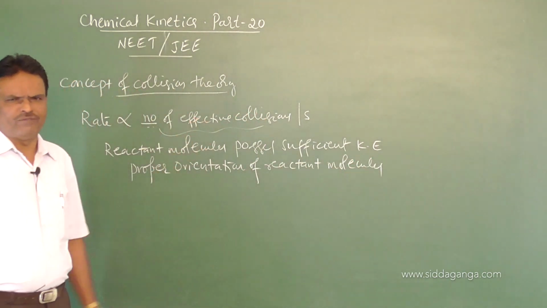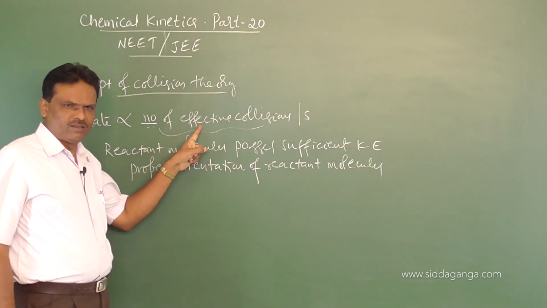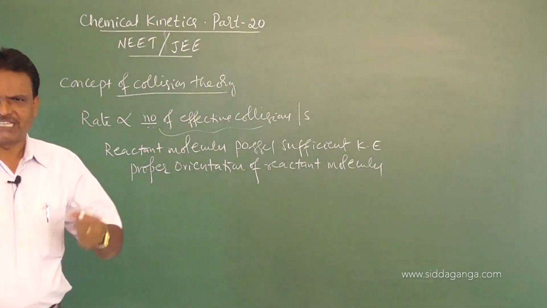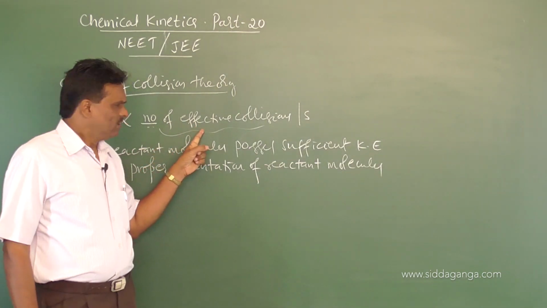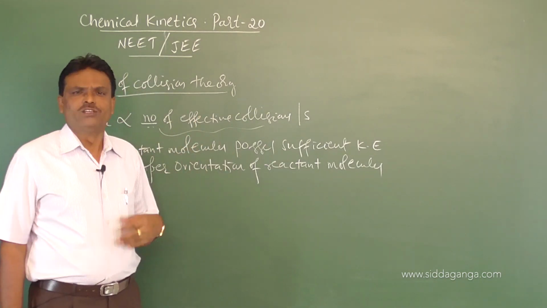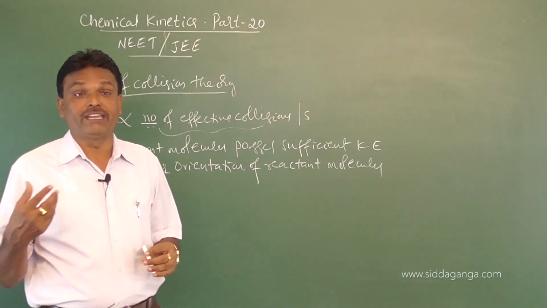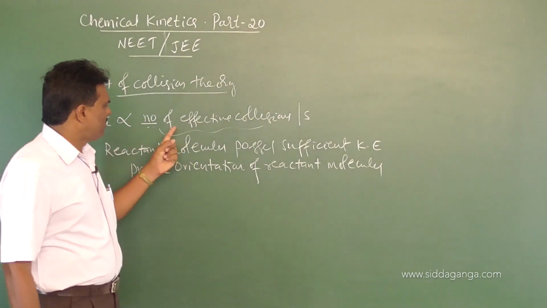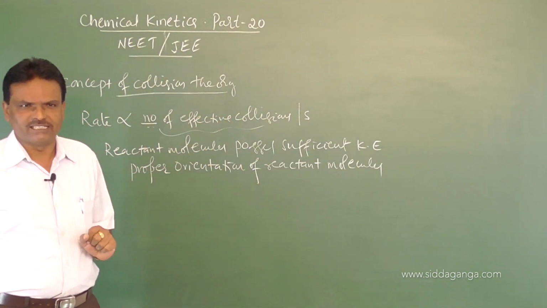For a collision to be effective, when the temperature is increased, the number of inactive molecules gain some extra energy so that their movement in the reaction vessel increases, meaning kinetic energy increases. As a result, collisions per second per unit area also increase. As the number of effective collisions per second increases, the rate of reaction also increases.